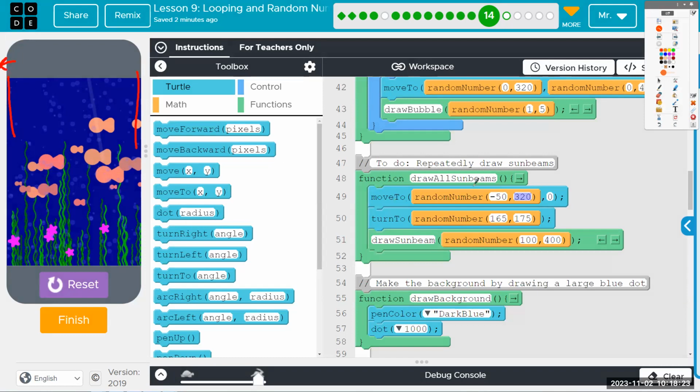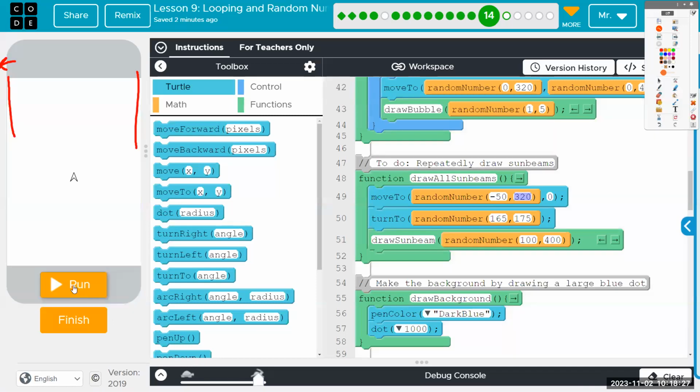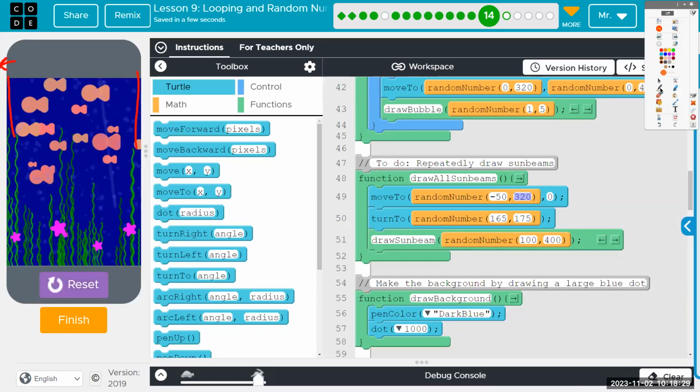The reason why you need that is because the general shape of the sunbeams comes in from the top left. And if we had this range set at 0, the turtle would never jump left of here, which means all of the sunbeams that we will have eventually will be in this area, and there wouldn't be anything here.